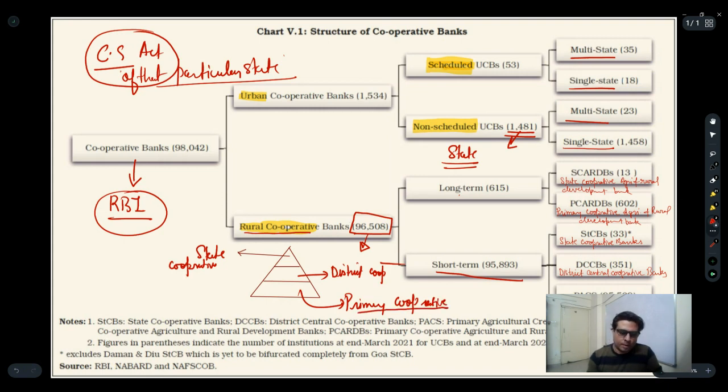So primary cooperative societies, they are basically focusing on what? They are basically focusing. Okay, I have